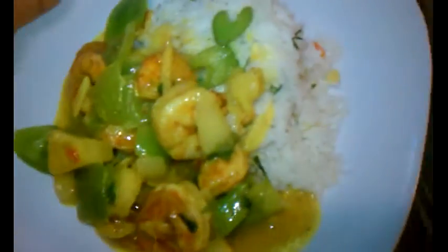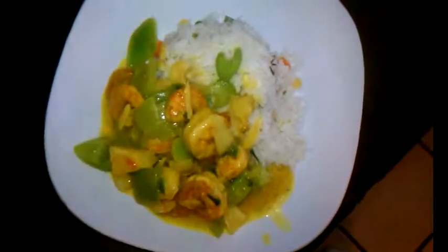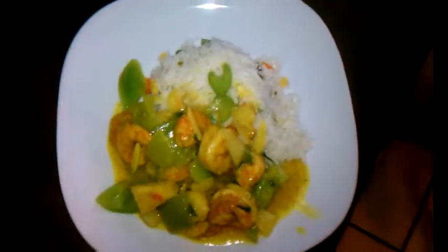And I do hope, ladies and gentlemen, that when you get some time, you will try this dish and that you will like it. And of course, it is an awesome dish, very, very nicely done. Let me put it down and clean up the edge of my plate a little bit, and make sure